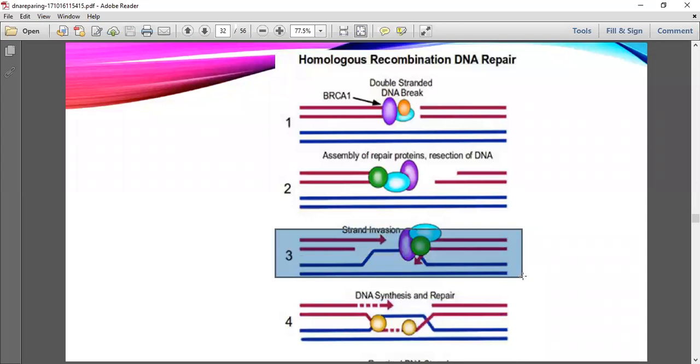It is using another single strand as a template DNA, and then after synthesizing this complementary DNA,